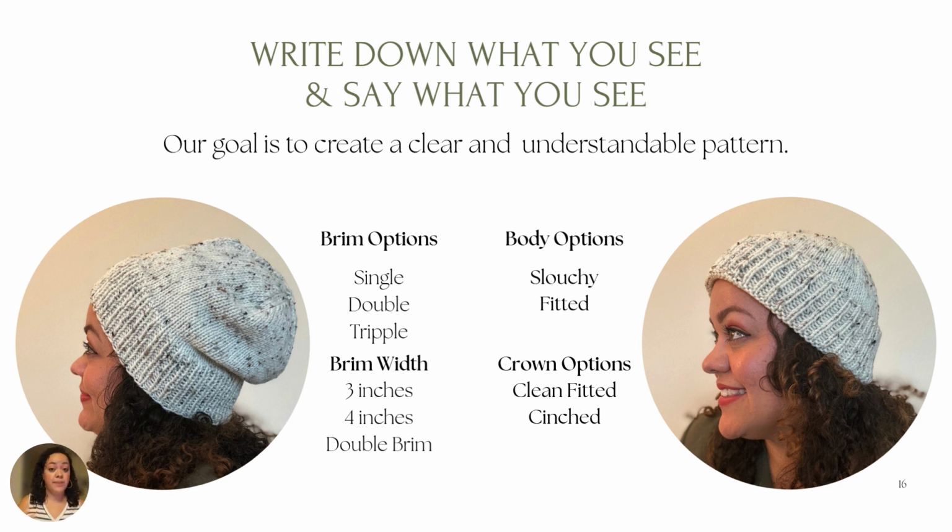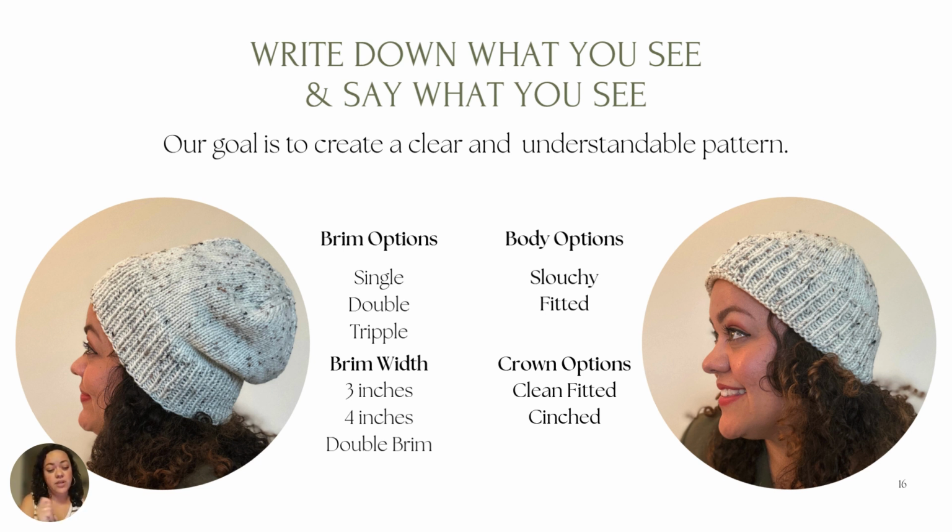Now, of course, if we do a double brim, know that you have to do ribbing for double of that. Meaning, if you want to do a double brim for 3 inches, you have to knit 6 inches. If you want to do a double brim of 4 inches, you have to do 8 inches. For example, the beanie here on the left is 3 inches of 1x1 ribbing. When you fold it up, it looks like the beanie on the right. But if I wanted a double brim or double stitching, then I would have knitted 6 inches of 1x1 ribbing so that the brim could be in stockinette stitch. Therefore, you wouldn't have